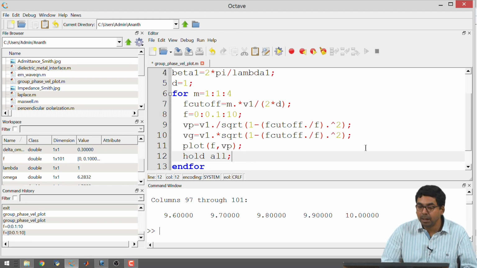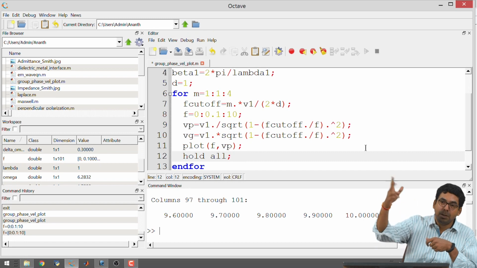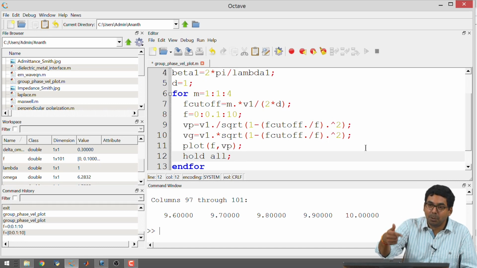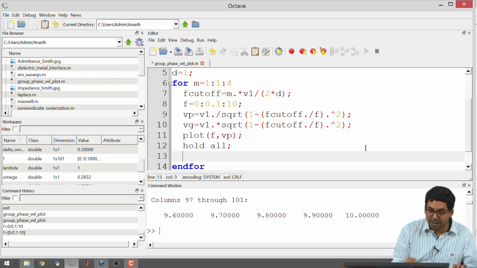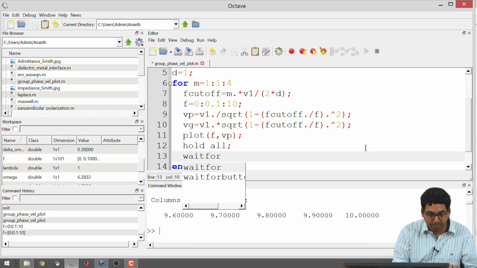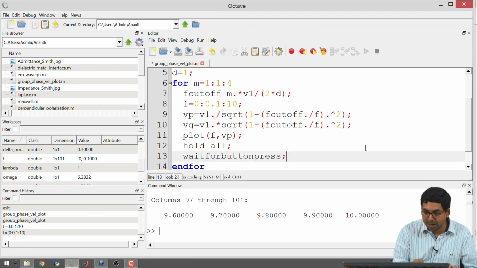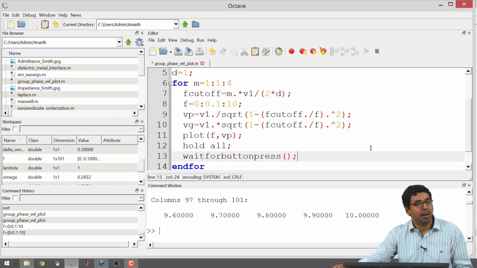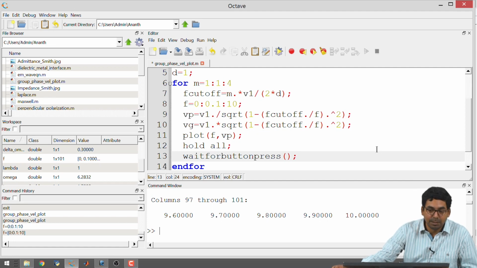And I think here as the number of modes changes, it is going to draw different plots. I do not want to do this legend string because it is too much of coding. So, I will just say after each plot, I will just click the button, alright. Then I know that it is going from m equal to 1 to 4, then I will figure out which is corresponding to 1 and 4, because that is only one line of code, and I will just write that as wait for button press, right. It will just wait for me to click my mouse button on the current active figure, and that saves the trouble, right.